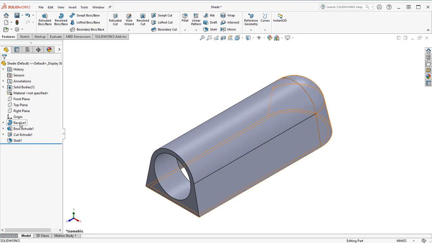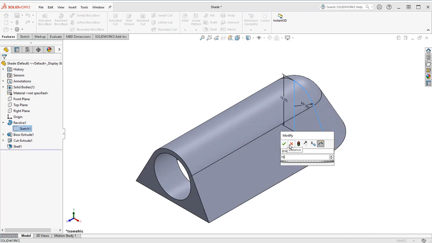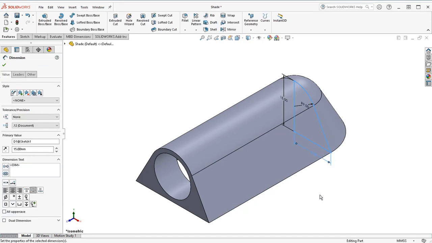Let's expand the Revolve 1 feature in the Feature Manager design tree to see the sketch. I want to see the dimensions of that sketch, Sketch 1, so I'll double-click the sketch. Next, I'll double-click the 11 mm dimension, set the value to 15. Click Rebuild. And OK. The model changes, and the size of the revolved feature is passed on to the extruded feature, as